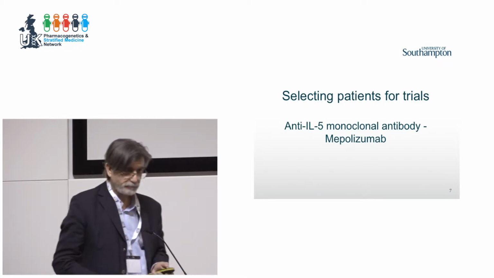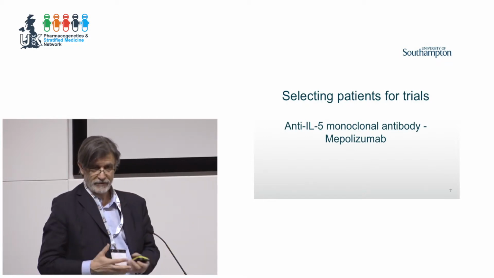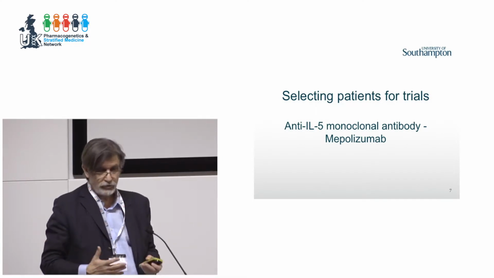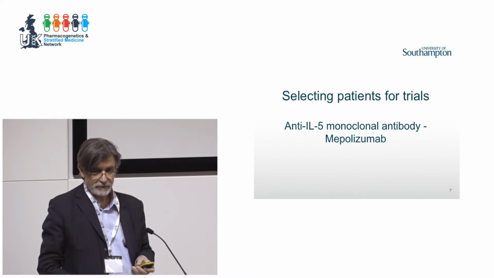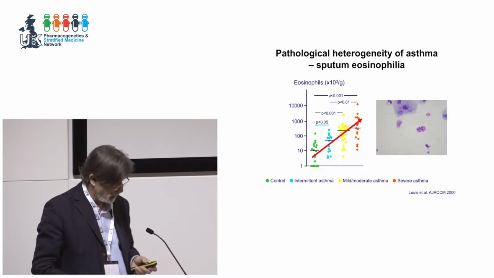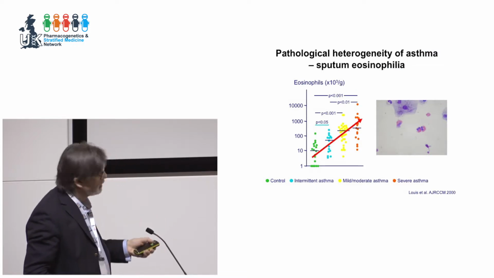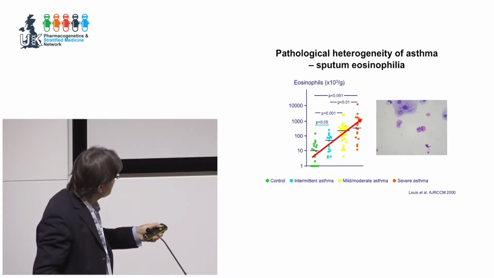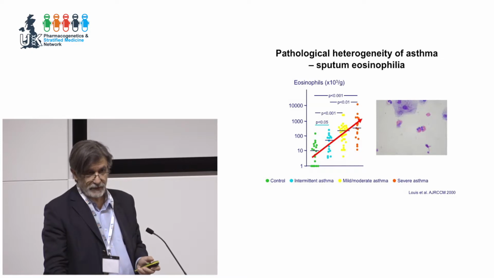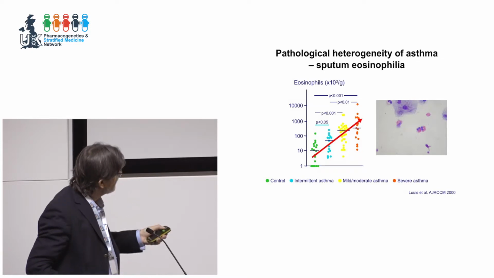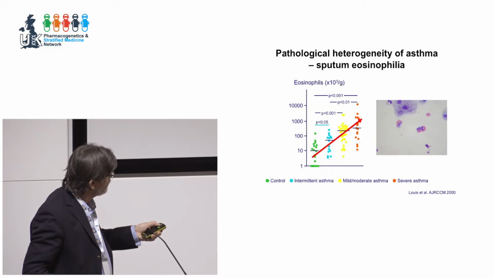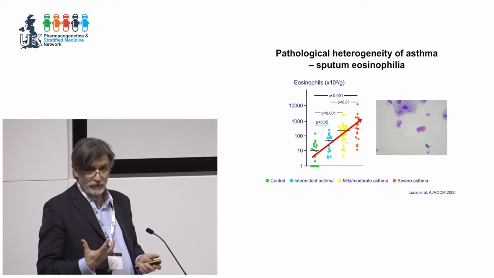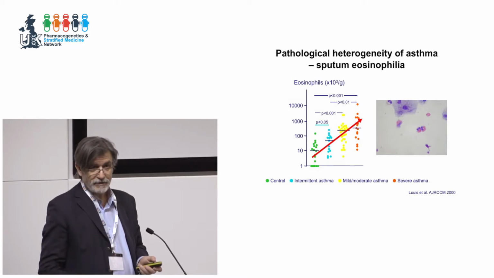And what did they do? They took all of severe asthma. Anybody who came along, they recruited them. And 2 clinical trials costing millions of pounds were negative. Again, why? Because of this. We don't know. They didn't even characterize the patients by their eosinophilic profile. So they may have just, by chance, stumbled on individuals who have no eosinophils. So what are you targeting with an expensive monoclonal antibody if the target isn't there?